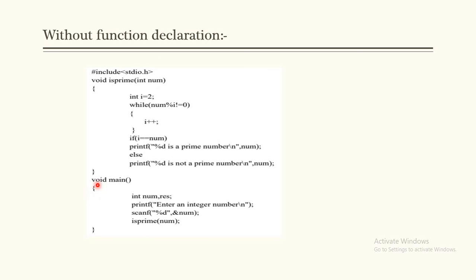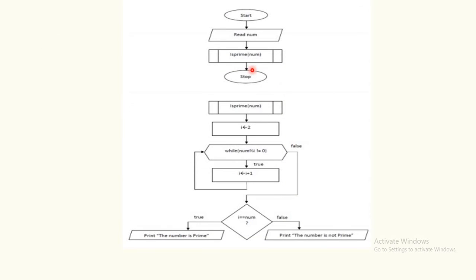this is how the program is built by using a function. With the header file stdio.h, we have started the function isPrime, and this is the logic we have discussed now. And inside main, we are just taking the number from the user and calling the function. And the corresponding flowchart for this program, here we begin with the start,